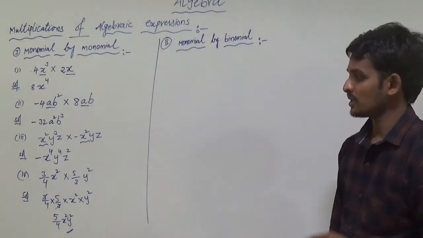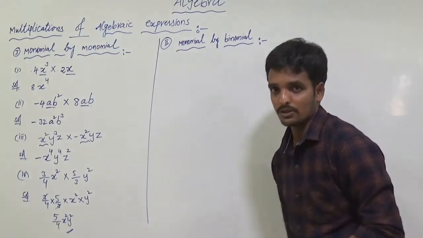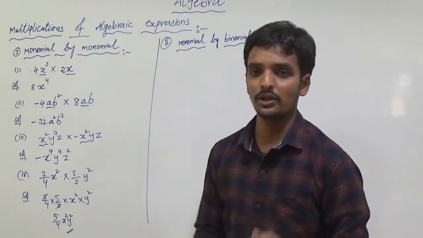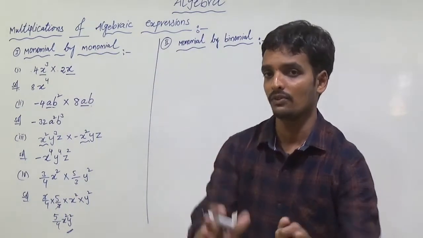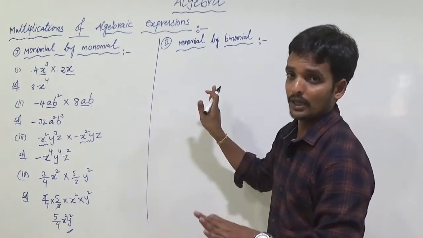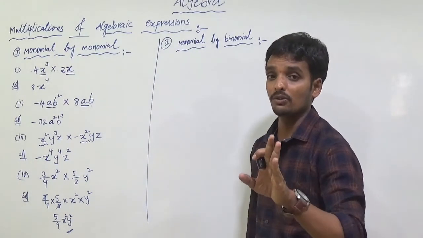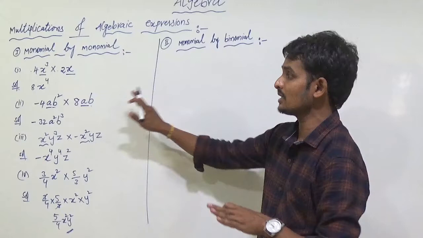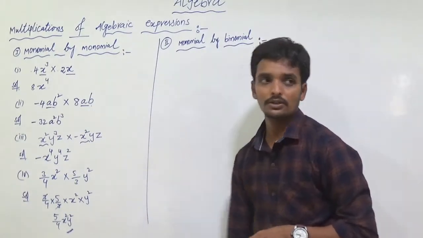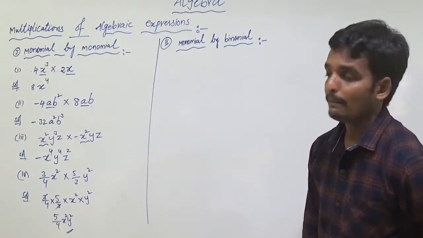When we were writing the notes, I explained 4 examples. You have to write one more example, the fifth example. Take two monomials and multiply them yourself, and keep the heading monomial by monomial. I kept the two headings side by side, but don't keep the side headings side by side in your notes. Write down after the 5th example. Now we are doing monomial by binomial.